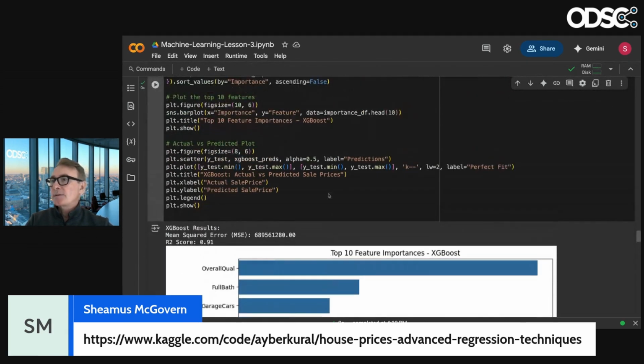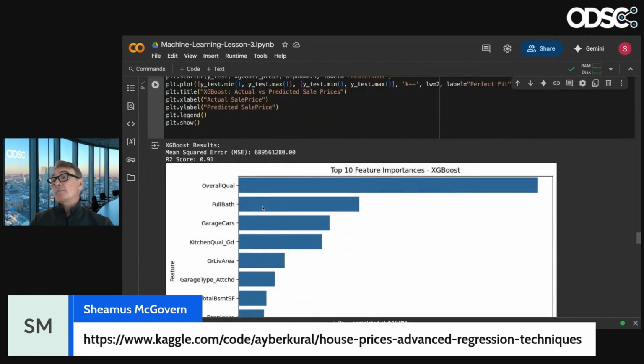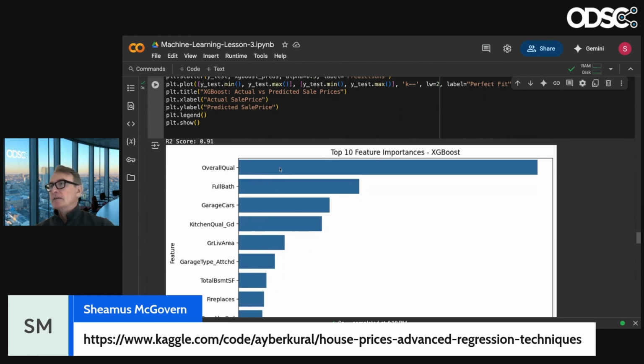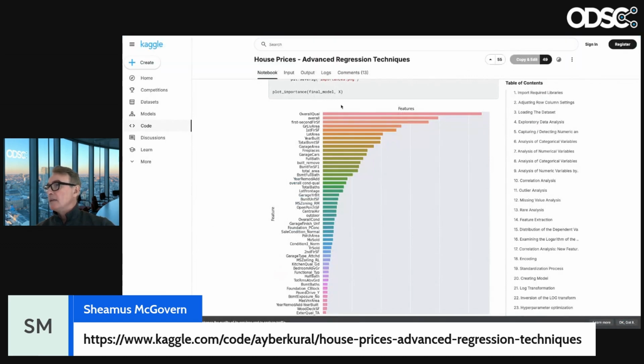And then XGBoost, as I said, we got a pretty good score here of 0.91. And let's see what our results are here. We're saying the number of baths, number of garage cars. This to me looks pretty good. Just knowing what I know about real estate, quality is not the main predictor. Like the number of full baths you have, whatever it is about it. Living area, I'm surprised living area is not higher. But this guy here, when he did, here's his first, second floor. Yeah, I think that's good.